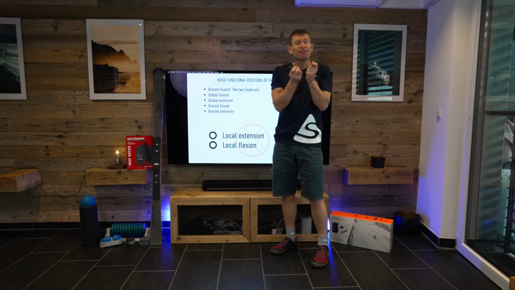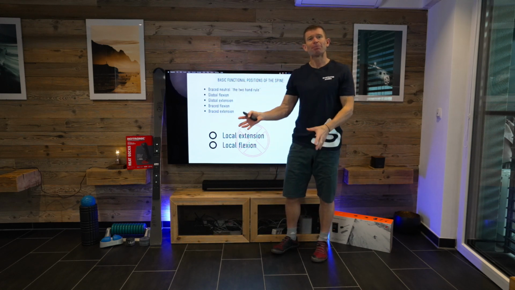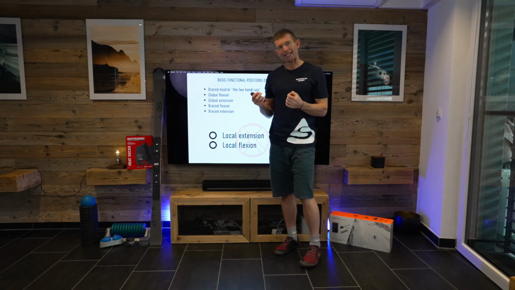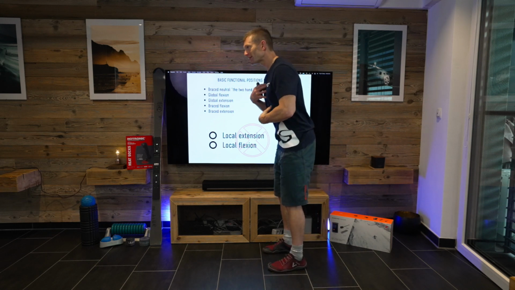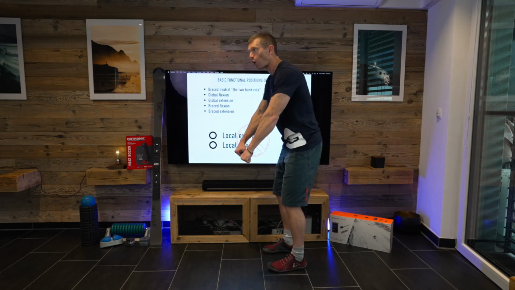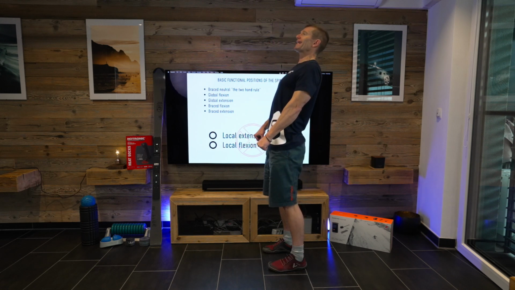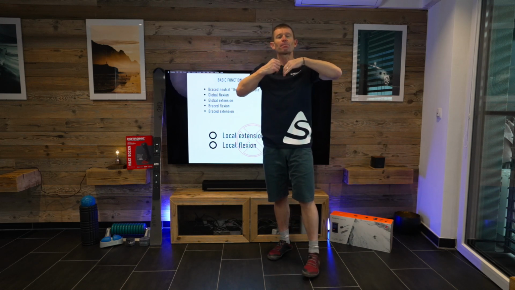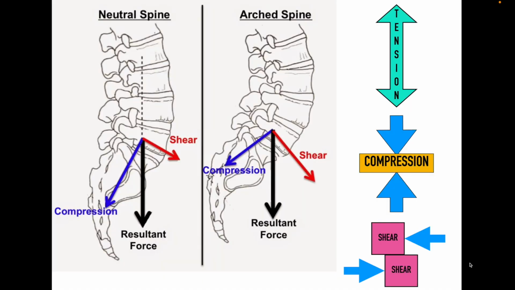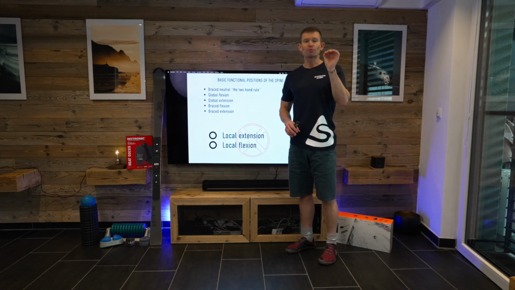Even in heavy deadlifts, some people post pictures and say, look at this guy, he's going to hurt his back in this position. But what they don't realize is that the person's spine, although a bit flexed as they're lifting, remains in that position all the way through the movement. The problem would be if they then go into extension at the end, because now they're under load, and once again they're giving a shear force in the spine. Global flexion, global extension, or braced flexion, braced extension is perfectly safe, and it's used in sports all the time.